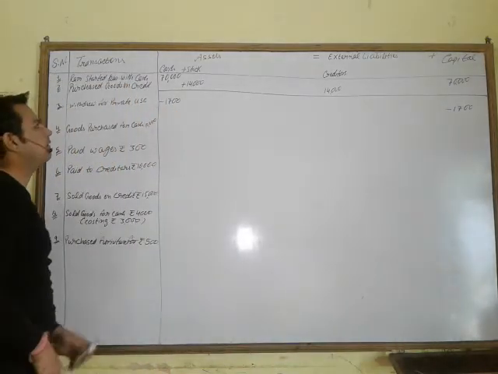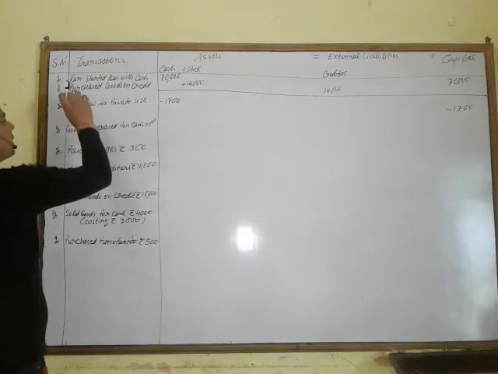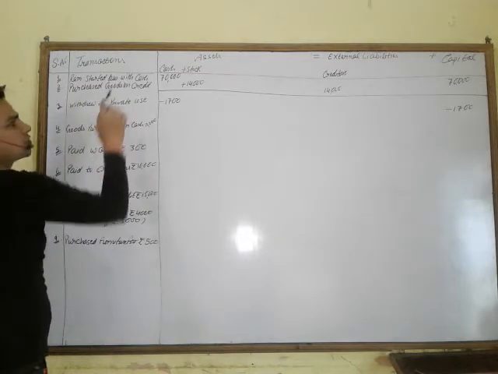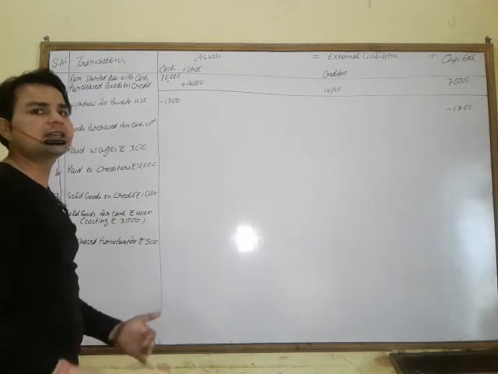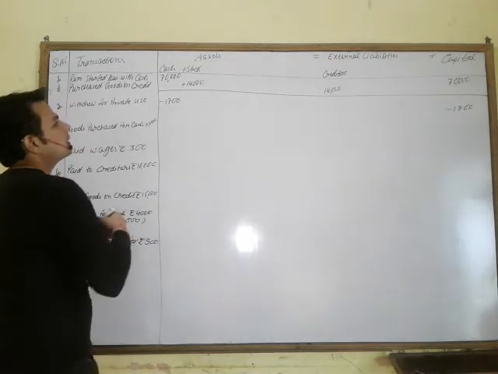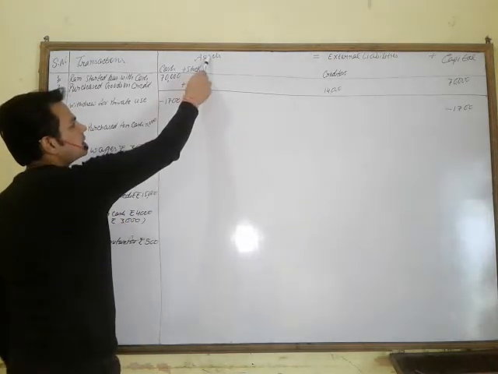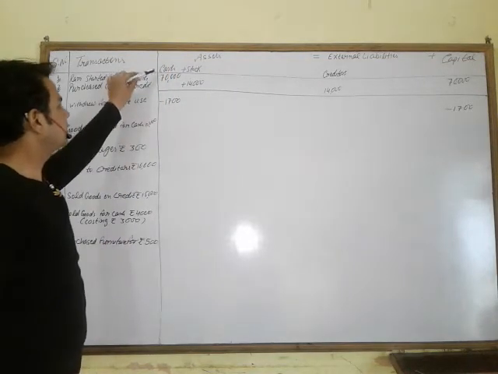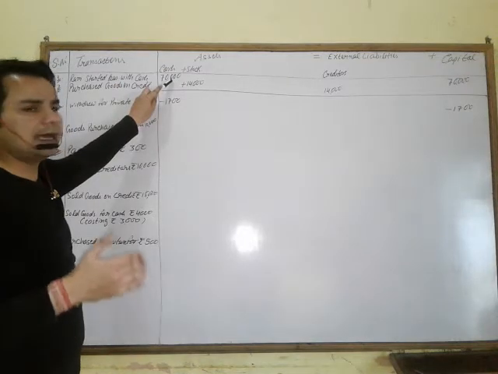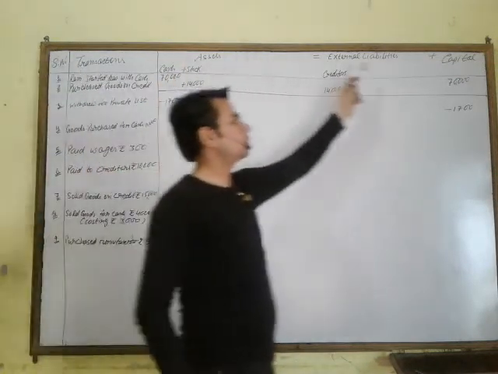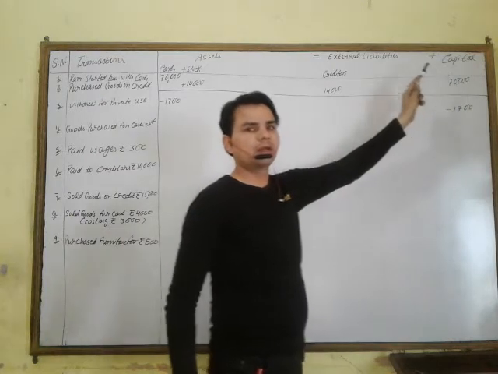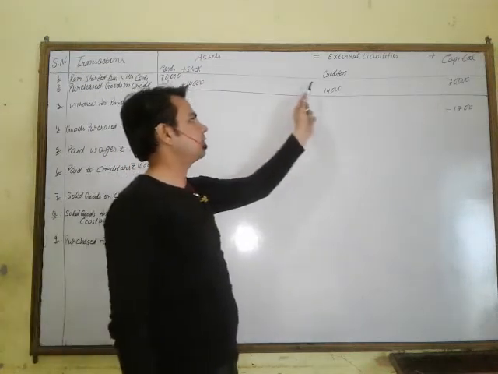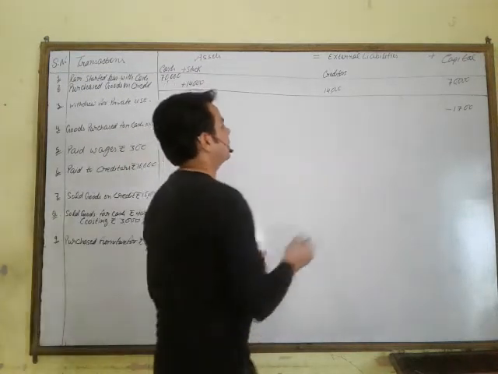Now, in this question, we have the first adjustment, which is already written here. Adjustment 1: Ram started business with cash. In the business, the cash will increase here. In the asset side, you will open a head in the name of cash account, 70,000, and it will also increase the capital. So on the capital side, add 70,000. Now in the first equation, the total of both sides is equal: cash 70,000 equals 70,000 capital.